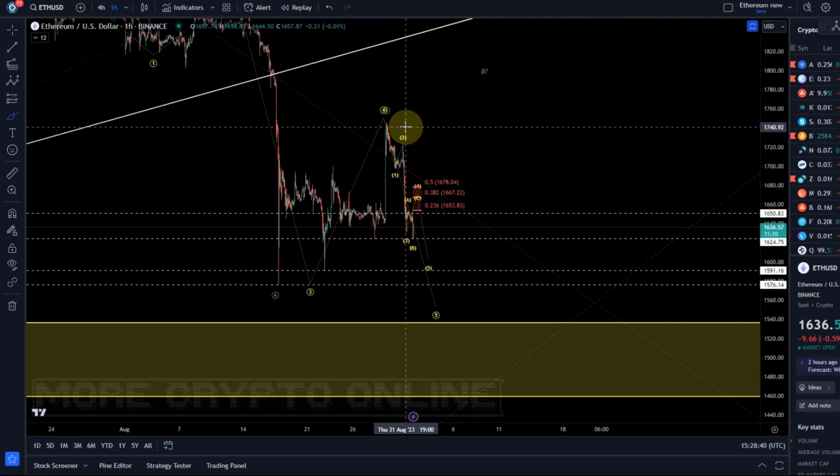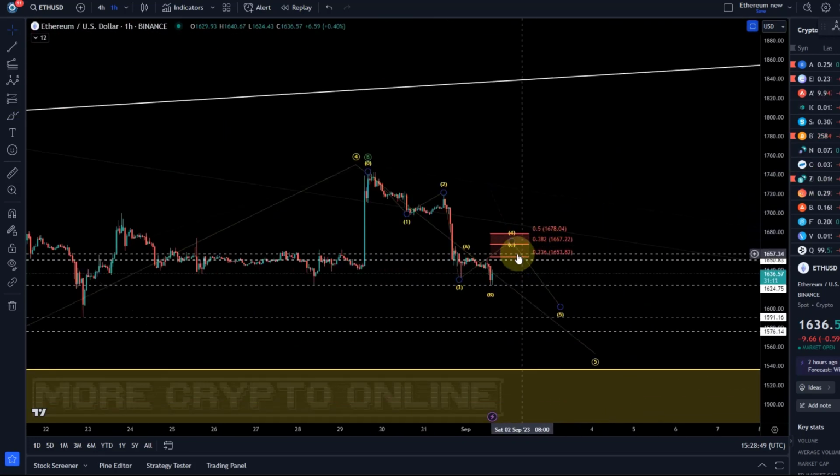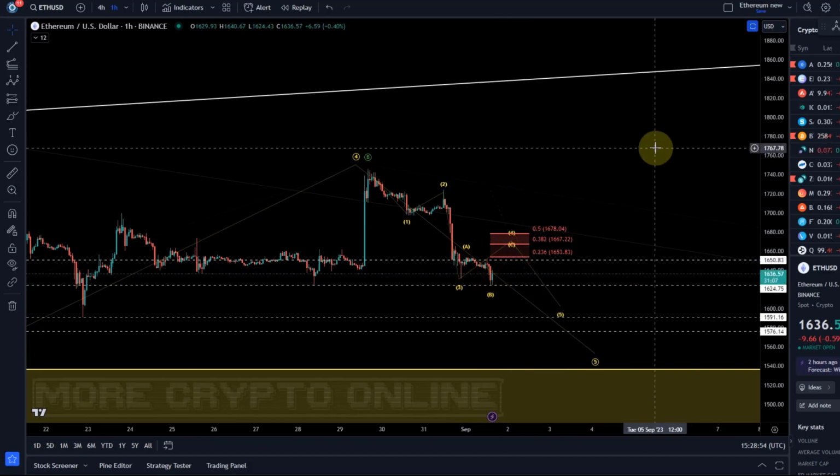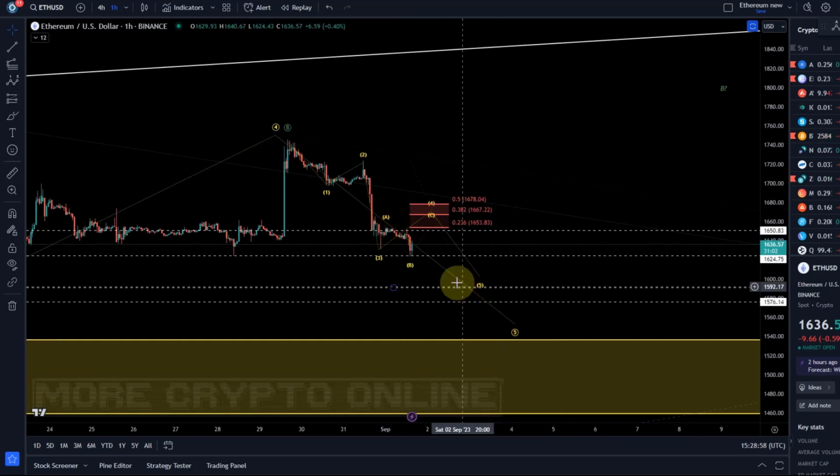We're going to track that. But eventually, again, at 1678, we're focusing on lower. If price gets back into the red zone, then it's likely just the higher wave 4. And if it breaks above that level, we're dealing with a B wave. But eventually we should go down a little bit lower still.